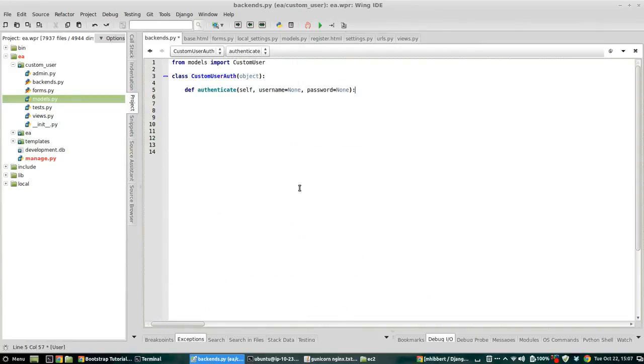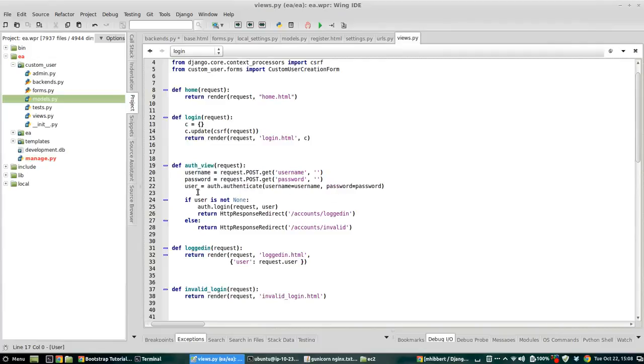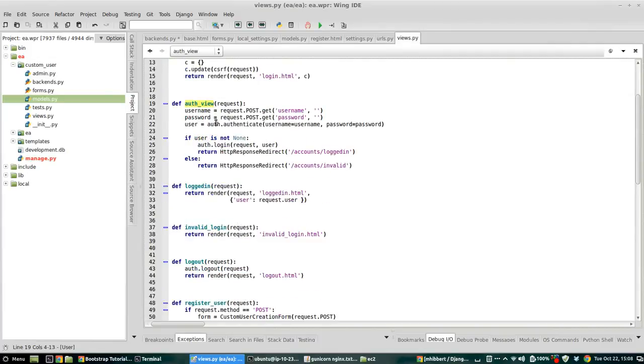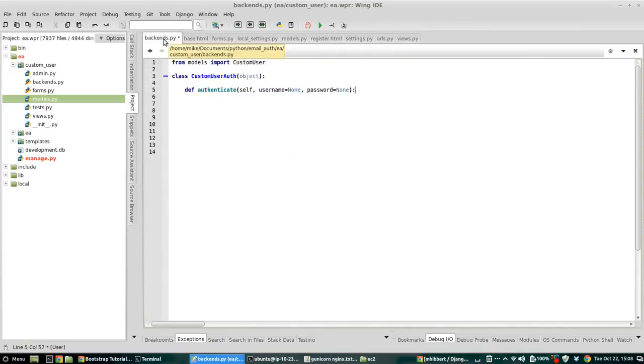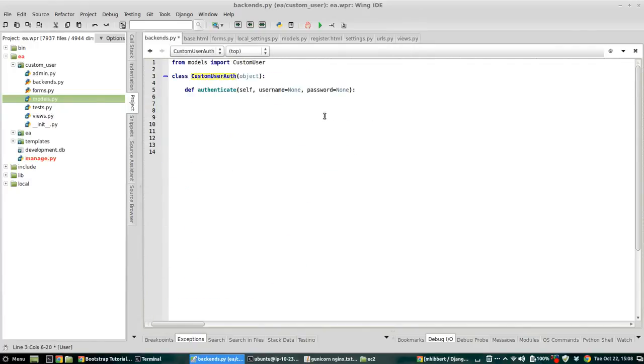We're going to redefine the authenticate function, because later if we go to our views, we're going to do an authentication inside of our auth view, and we're going to say auth.authenticate username password, and that will equate to a call to this custom user auth. Okay, so we redefine this authenticate method here,